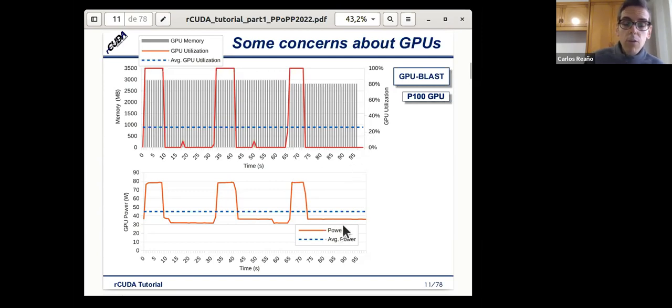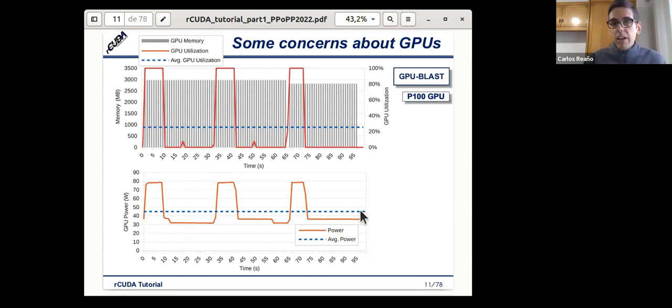Okay. In terms of GPU power consumption, we can see that when the GPU is actually being used, making computations, we have almost 80 watts of GPU power. And then when we don't use it, when the GPU is idle, because let's say the CPU is doing some work, we see that we still have over 30 watts of GPU consumption. So the average GPU consumption is actually over 45 watts.